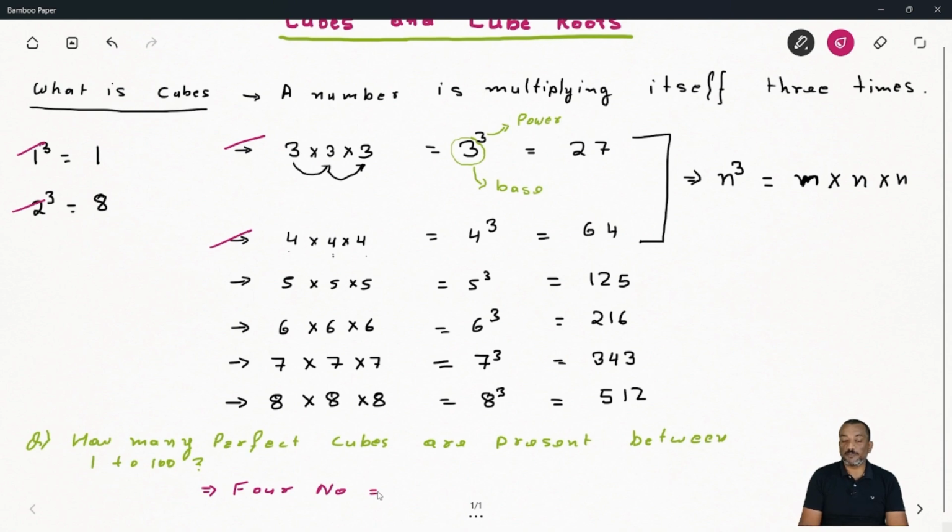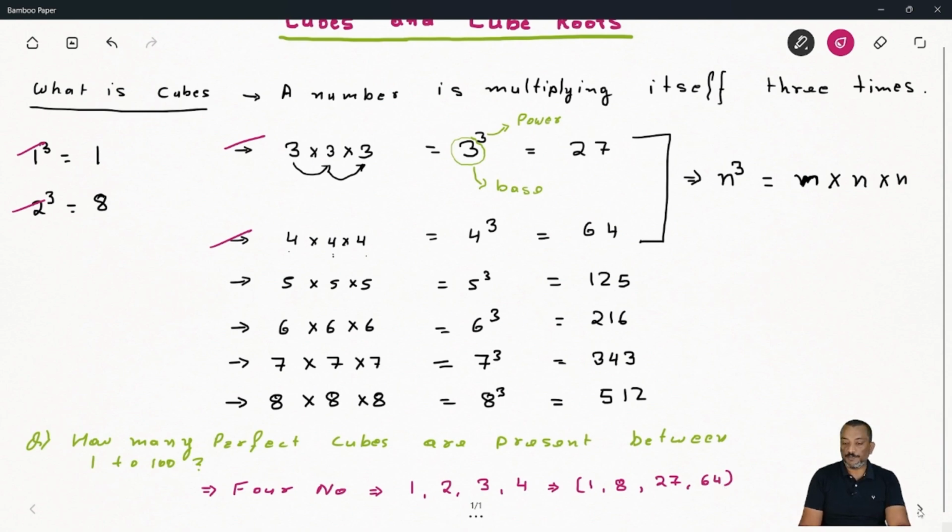That is 4 number. Okay, so you can write here the 4 numbers are coming between 1 to 100. So कौन-कौन से नंबर हैं आपके? 1, 2, 3, 4 और इनके क्यूब्स क्या क्या हो गए आपके, 1 के क्यूब आपके 1 हो गए, 2 के क्यूब आपके 8 हो गए, एंड 3 के क्यूब आपके 27 एंड 4 के क्यूब 64। तो टोटल आपके यहाँ पे 4 नंबर होते हैं, दैट्स परफेक्ट क्यूब बिटवीन 1 to 100। ये छोटे छोटे क्वेश्चंस आते हैं। सेम वे यहाँ पे आपको ऐसे भी आ सकते हैं, हाउ मेनी नंबर्स विच परफेक्ट क्यूब बिटवीन 100 to 1000। ओके, तो आप इसको भी सॉल्व कर सकते हो। तो वहां पे आप ऐसे ही करके सारे का आंसर निकाल सकते हो।